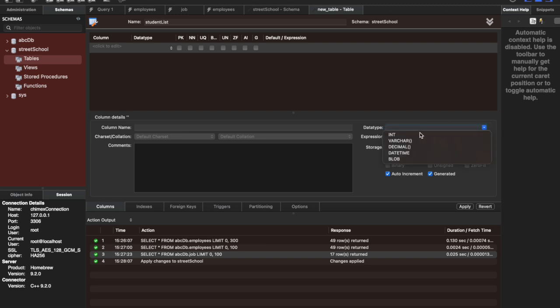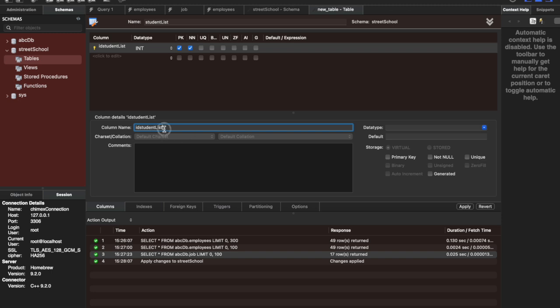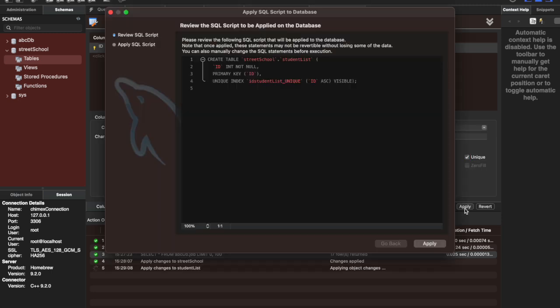You can now put a column name, maybe say ID and all that. You get me? Then, if you want to make it a primary key, if you want to make it unique, null or not null. You see now, like this, you don't create